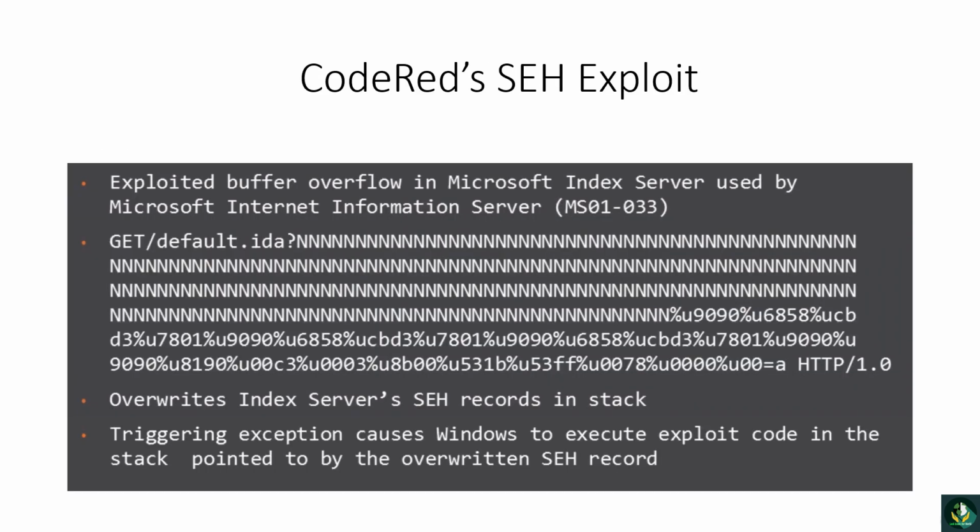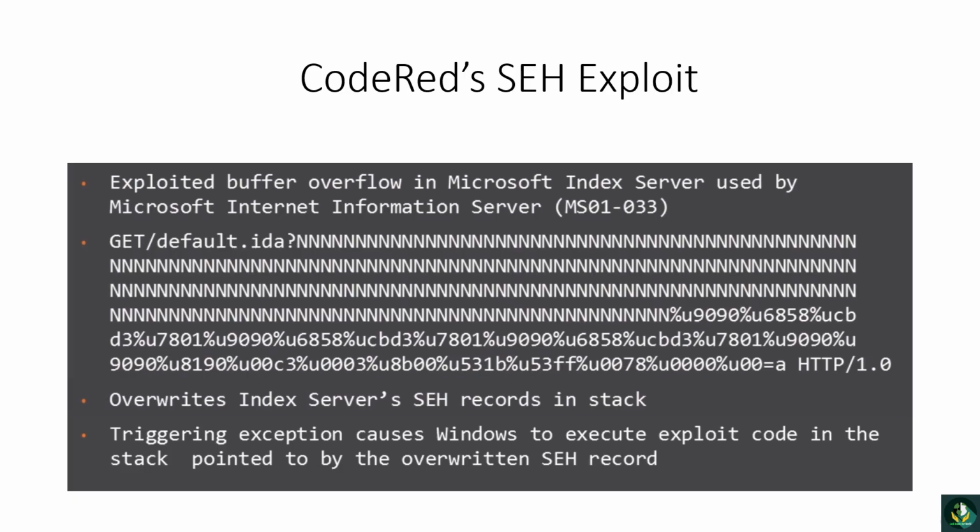Let's look at a historical example of how Windows structured exception handling was used to do this. Possibly the most famous example of a structured exception handling exploit was used by the Code Red worm, released on the internet in July of 2001. Code Red exploited a buffer overflow vulnerability found in a component of the indexing service used by Microsoft's web server,